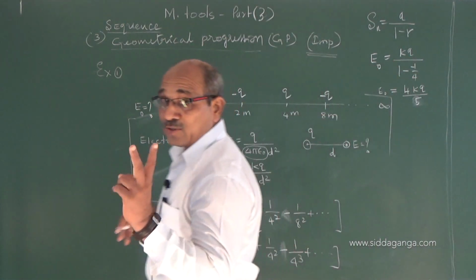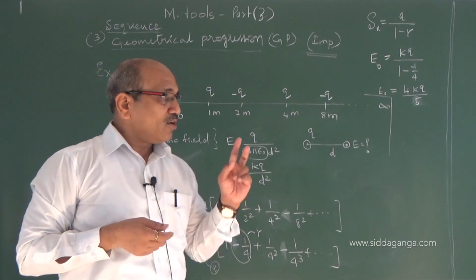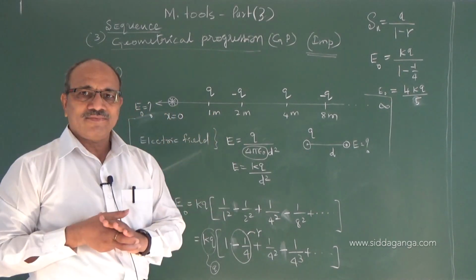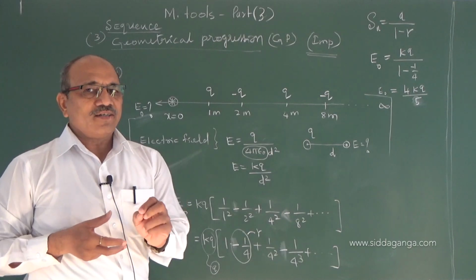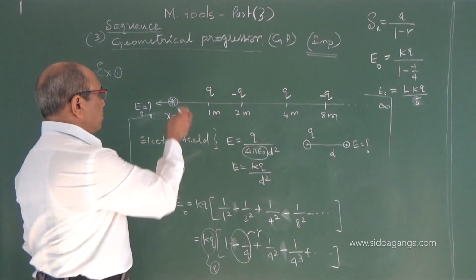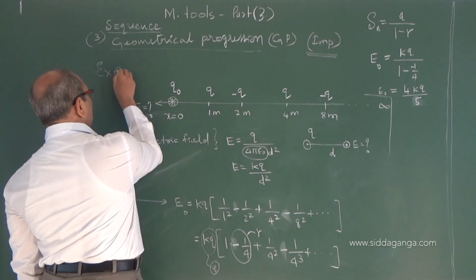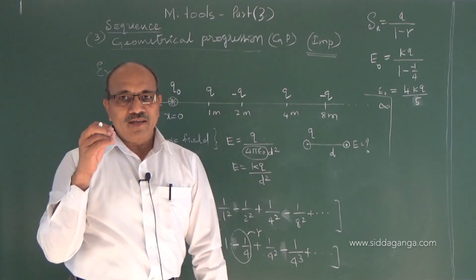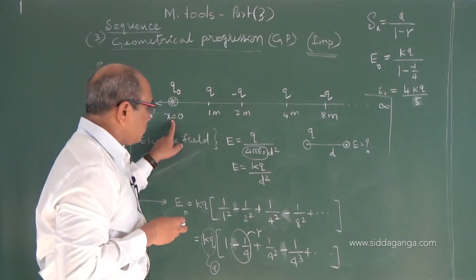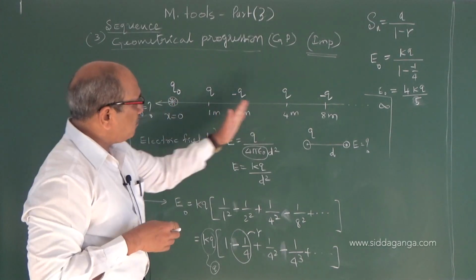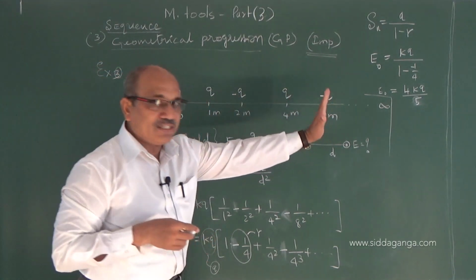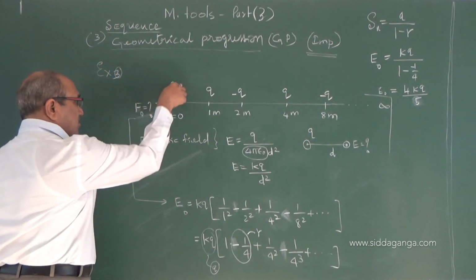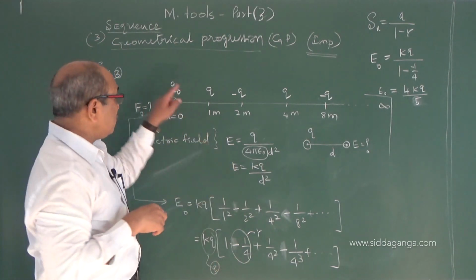The problem 2 we have solved actually. I showed how it is applied in physics. It is a concept of electric field. The same I tell you. Suppose I place a charge Q naught, third for example. If you are given a charge Q naught placed at the origin, and charges may be plus or minus, and distances may be the same, instead of field, what is the force on this charge? What is the force on this charge?